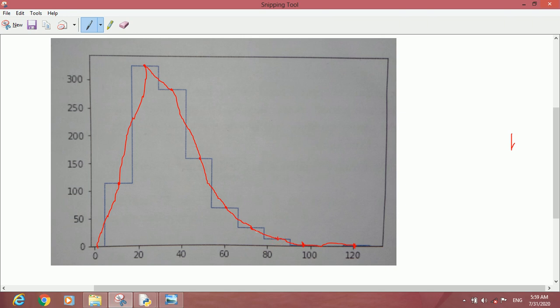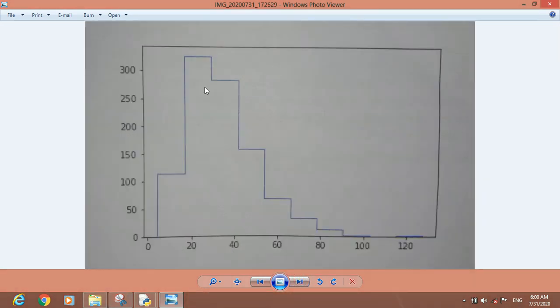You can mark the middle points. Each middle point has been connected with a line, and this only is called frequency polygon. I hope you have understood. So this is the frequency polygon.